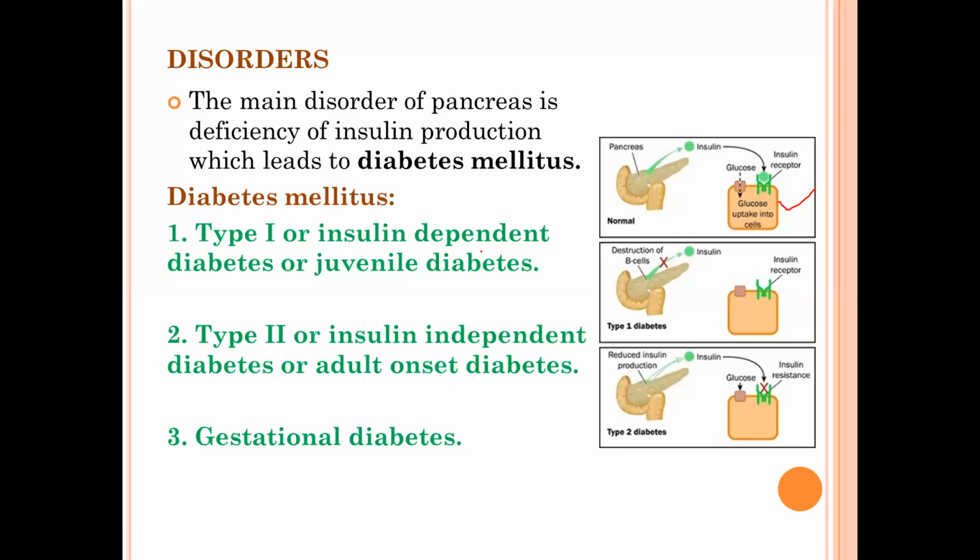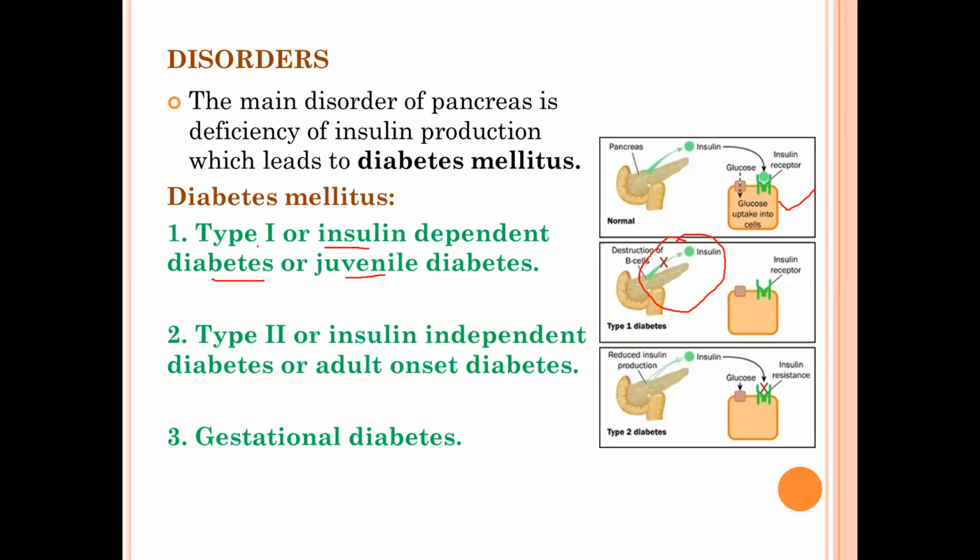Type 1 is called insulin dependent because these people have the problem of diabetes by birth, or they have this insulin deficiency in their body by birth. That's the reason we call it juvenile diabetes, and they're completely dependent on insulin. That means these patients should be given insulin through injections to maintain the levels of sugar in their body. That's the reason we call them insulin dependent, because there is no insulin production here. As there is no insulin production from the pancreas, these people should be given insulin from outside. How? Through injections. That's why we call it insulin dependent diabetes.